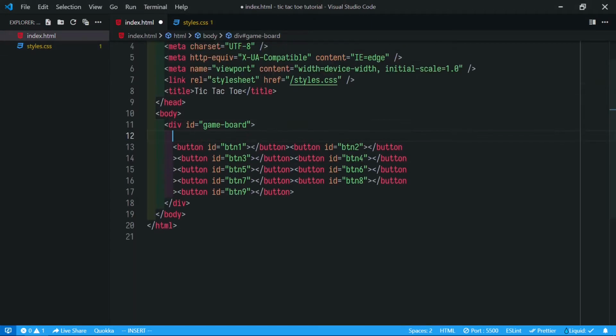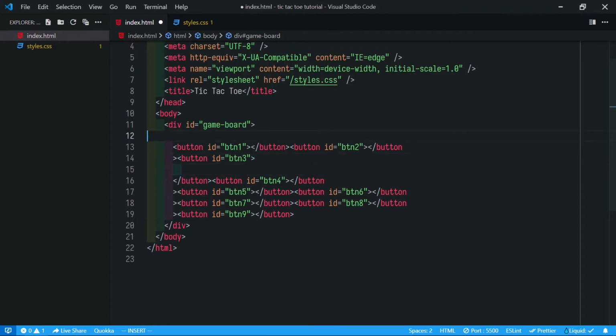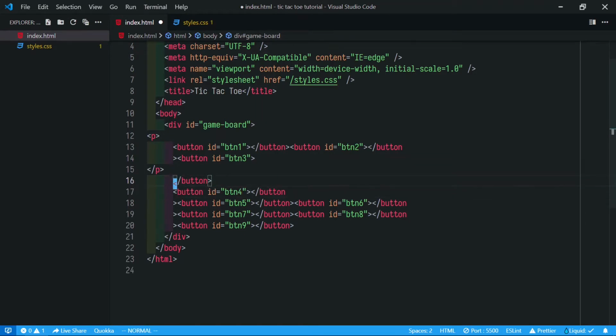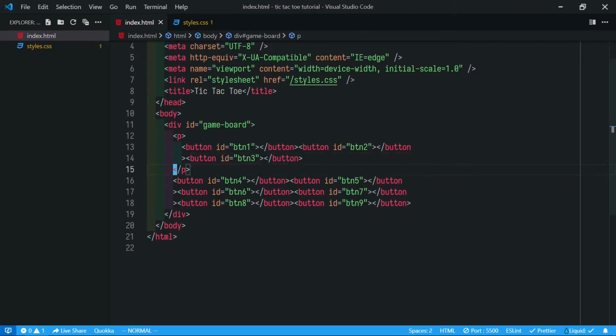So what we can do is we can wrap them in another div. Okay, now we can see that these 3 are in their line and others are here.